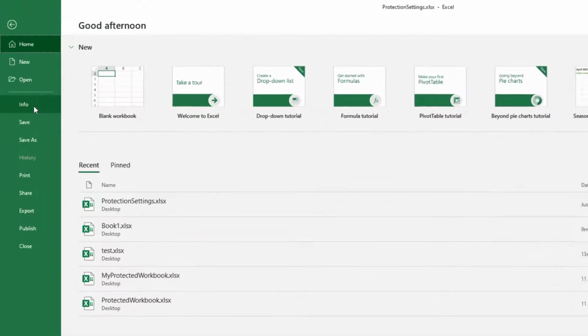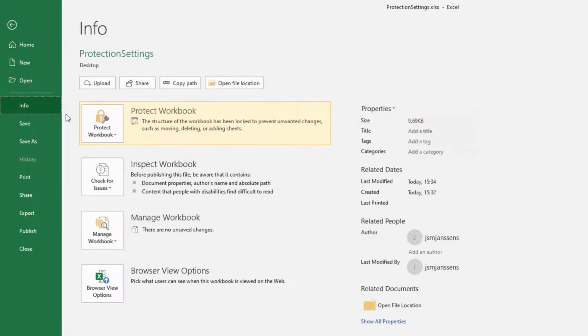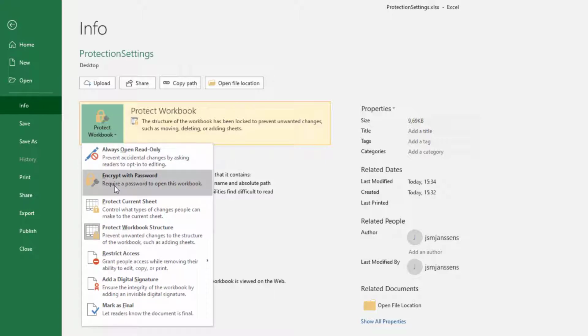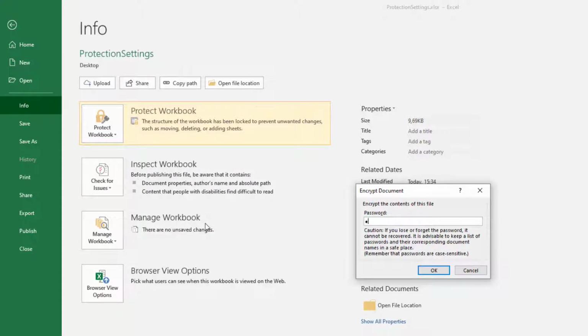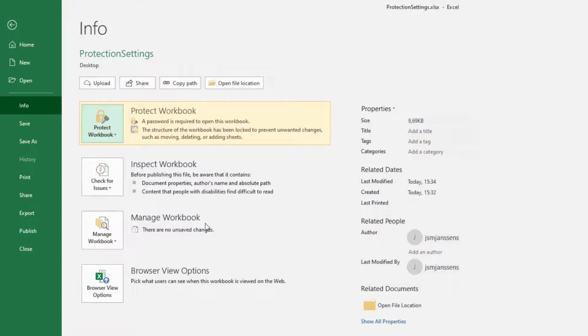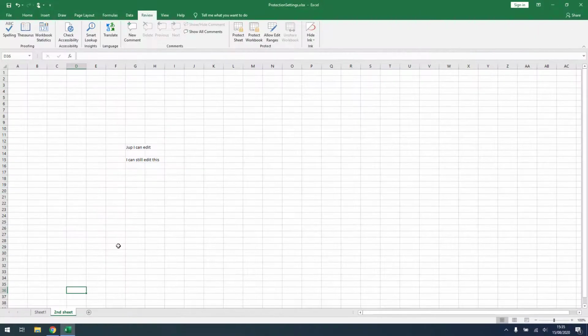The second way is a bit hidden. You have to go to Info, and there's another Protect Workbook section. If you click on it, you can see Encrypt with Password. Requires a password to open this workbook. Let's type in admin, click OK, re-enter the password. OK. And if you now save the workbook and close it,